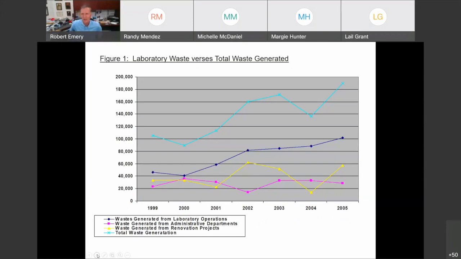But in the meantime, the lead at Delaware contacts me and says, Bob, hold off on that project. This is my big problem for the day. They've got their arm wrestling over the disposal of hazardous waste. And so he's got this graph. He said, I'm going into a meeting. Can you help me clean up this graph? So they've got hazardous waste that's either from administrative departments, renovation projects, or from lab operations. The most important line on this is unfortunately the hardest one to see, which is the total.